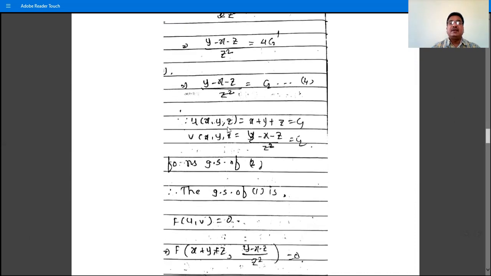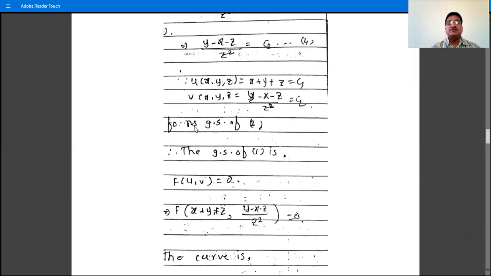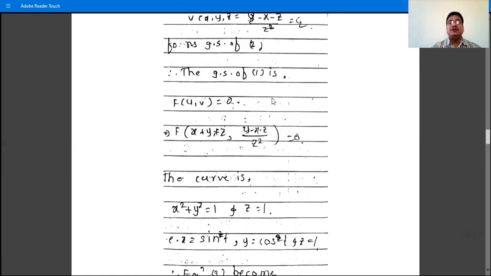equation number 4, and then u as the equation number 3 and v as the equation number 4, and (y minus x minus z) by z square is equal to c2, and these two form the general solution of the equation number 2, that is the equation of the form dx by p, dy by q, dz by r. Then the general solution of the given equation 1 is what? F of u, v is equal to 0. That is f of (x plus y plus z, comma (y minus x minus z) by z square) is equal